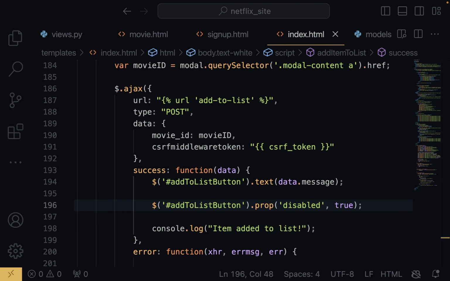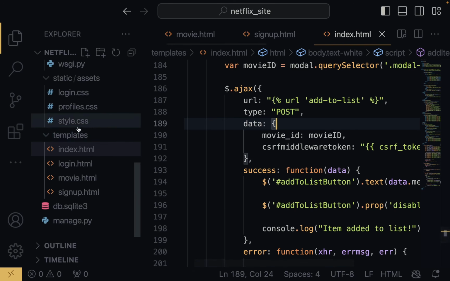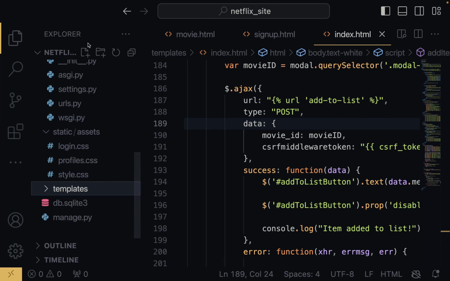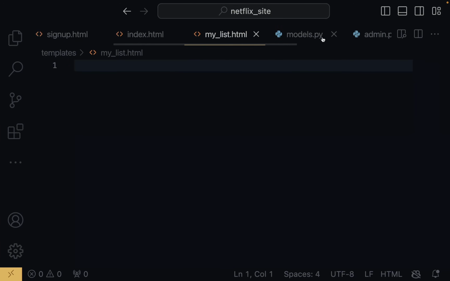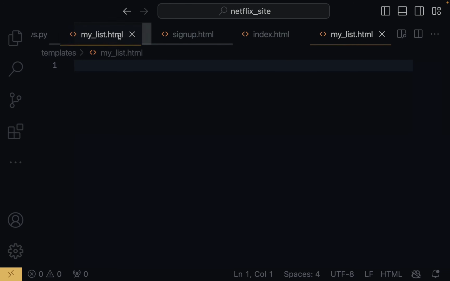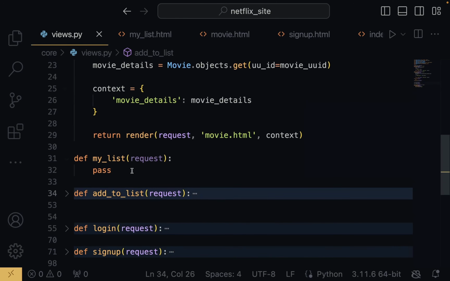So the first thing we want to do is to actually create a new HTML file named mylist. So I'm just going to come here and create a new file under templates, and I'm just going to name it my_lists.html. So this is just the basic file. And right here in views, where we have my list,